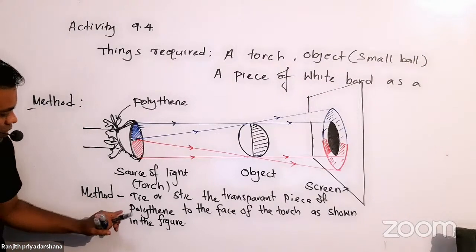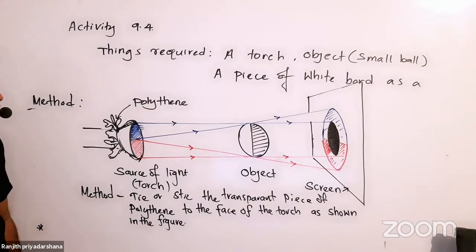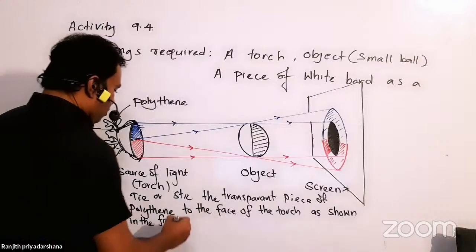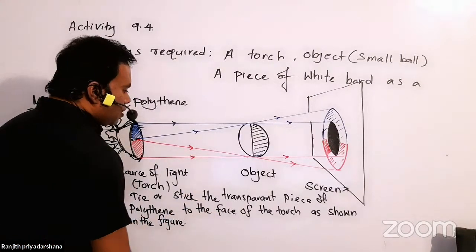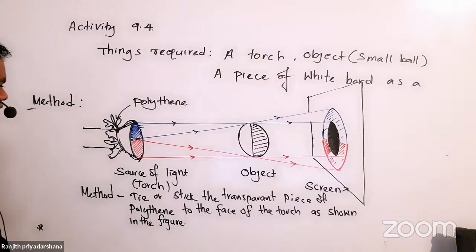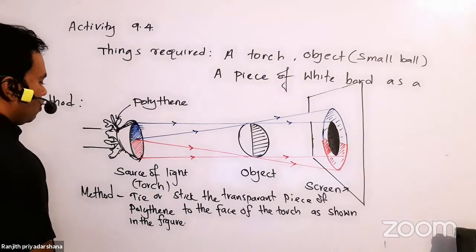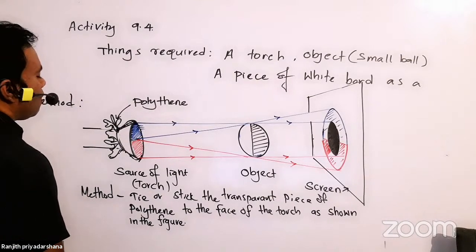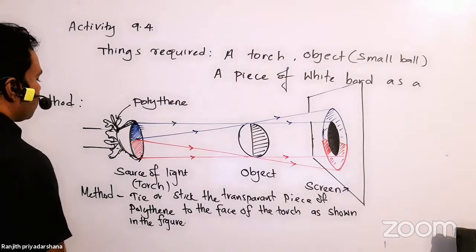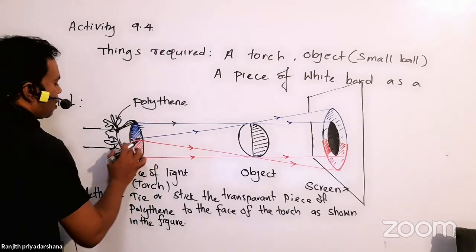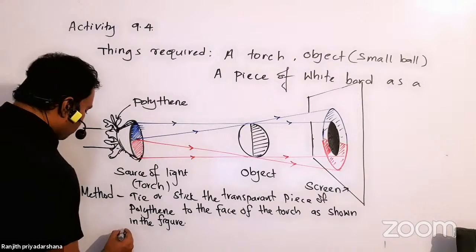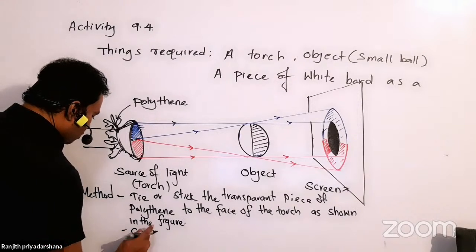So method: tie or stick the transparent piece of polythene to the face of the torch as shown in the figure. Next, color half of it. Color half of